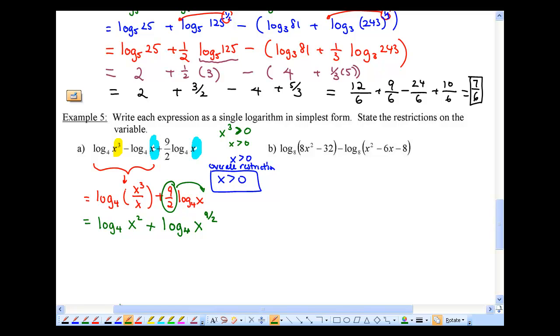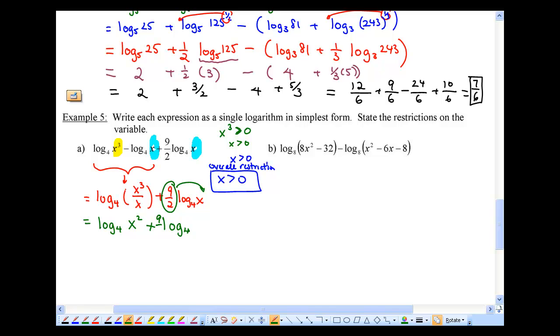So maybe instead of bringing the exponent up, I should backtrack. Let me erase. The reason why I don't want to bring the exponent up is because now I can't simplify things. What's taking so long to erase? Okay. So let's keep this as